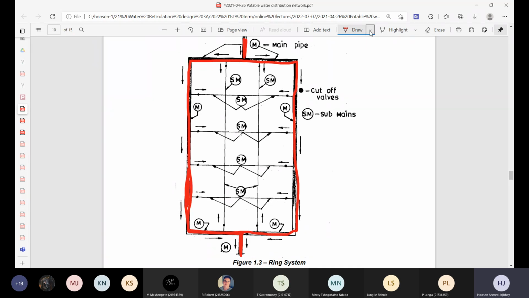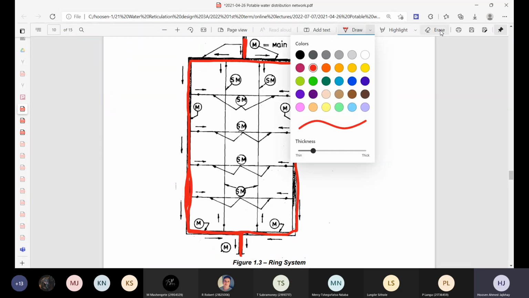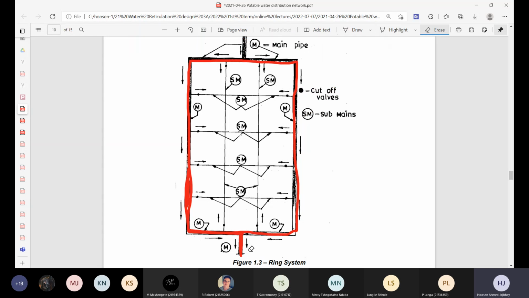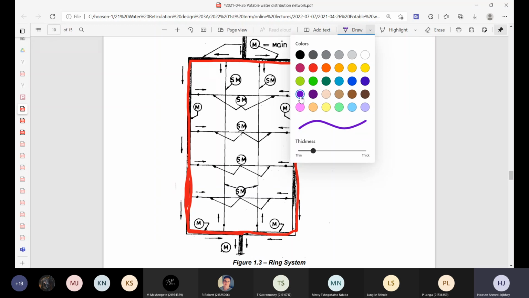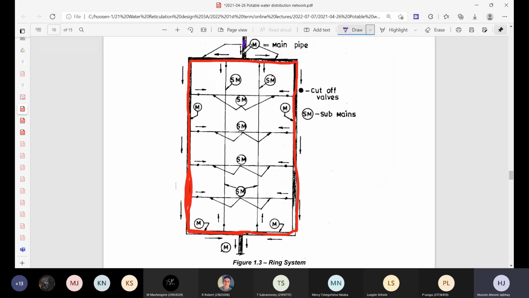okay, let me just change the colors, and then it'll be easier to follow, to understand the terminology. So we have this is the main, the one in blue. That's your main supply coming from the reservoir or your water treatment plant, whatever. That's the blue one that comes there, right? And then that main supply now splits up into two, and we have the red main supply